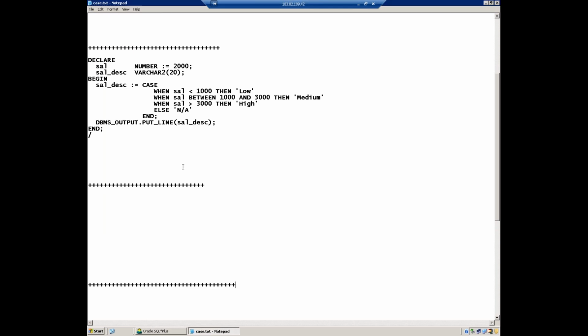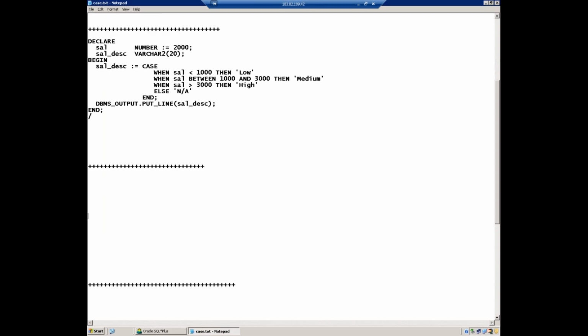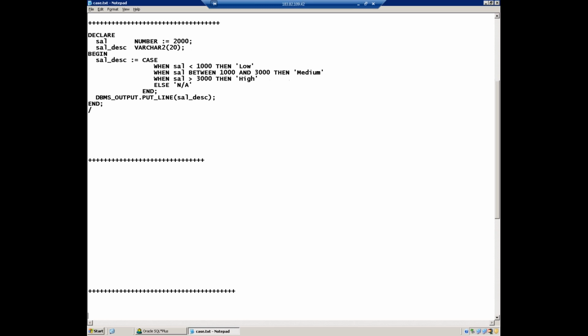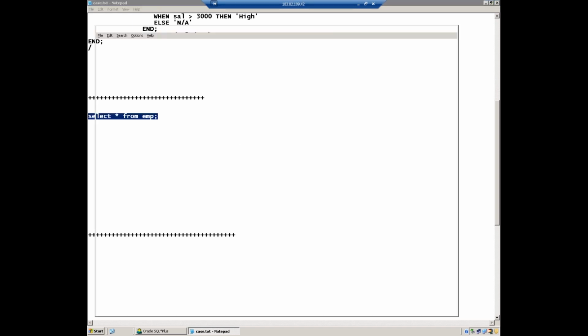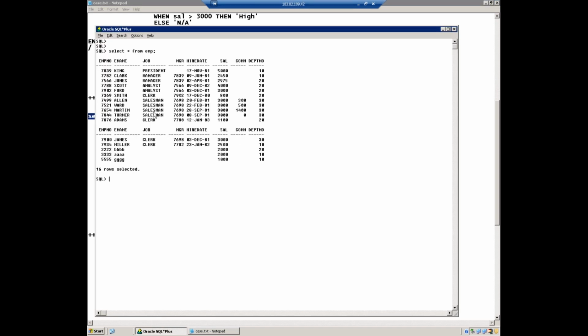Before showing you the copy of the table, what is the output of this? Employee table. Jamal, it is very clear how many records we are having? 16 records.